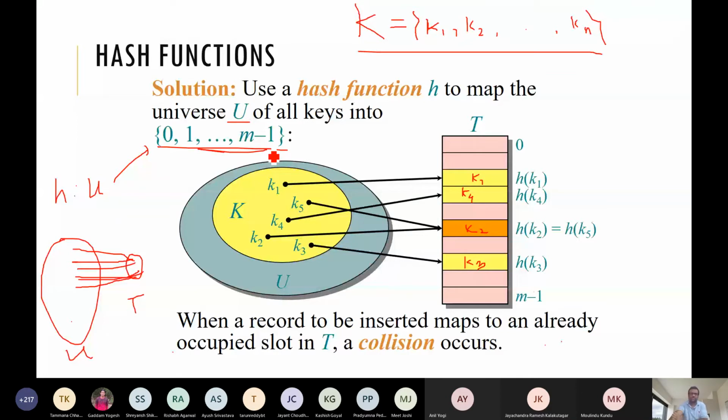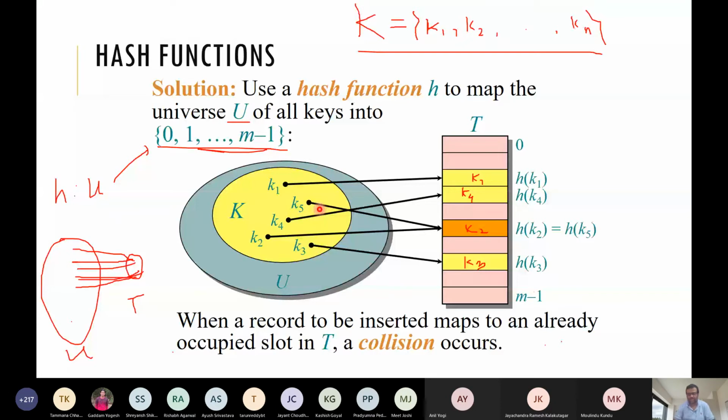Okay. So now the question is how to handle these collisions. Any idea how we can handle this collision? Here we have two keys which are mapped to the same slot, k2 and k5, which map to some slot, say i. Both have the same hash value.